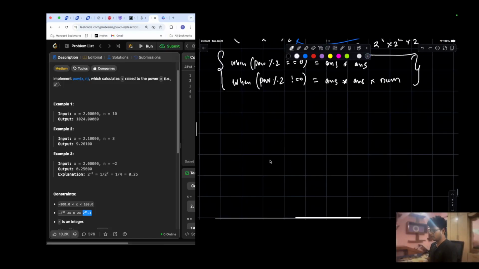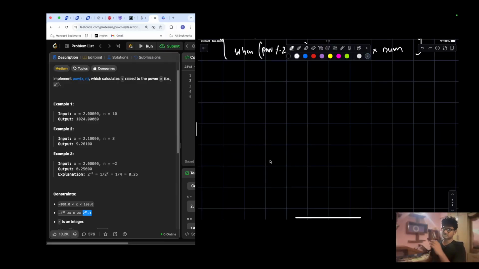Okay. Now, let's not think of this in an iterative way. Let's think of this in a recursive way. Okay. Because recursion is such a beautiful topic, such a powerful topic. Let's think about this in a recursive way so that we will be able to achieve the solution without using any loops. Okay. Let's do some functional programming. Okay. Now, what I'm saying is,